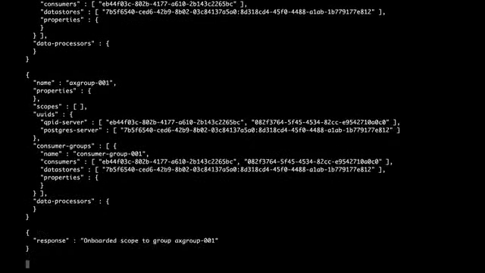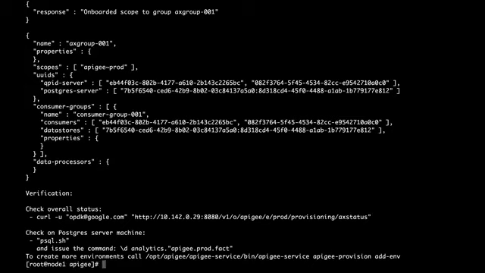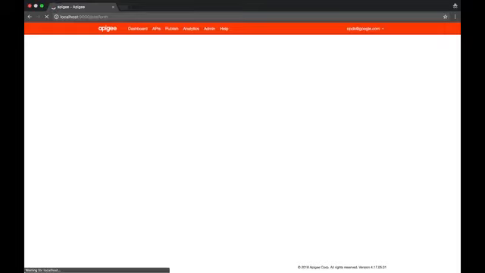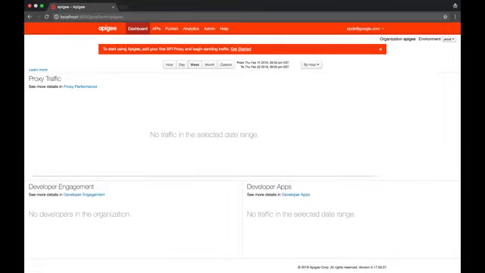Now that the provisioning process is complete, we can log in to the Apigee Enterprise UI by accessing host 1 in a web browser on port 9000. Log in with the sysadmin credentials you provided in the profile setup response file, and you will end up at the Apigee UI dashboard page.